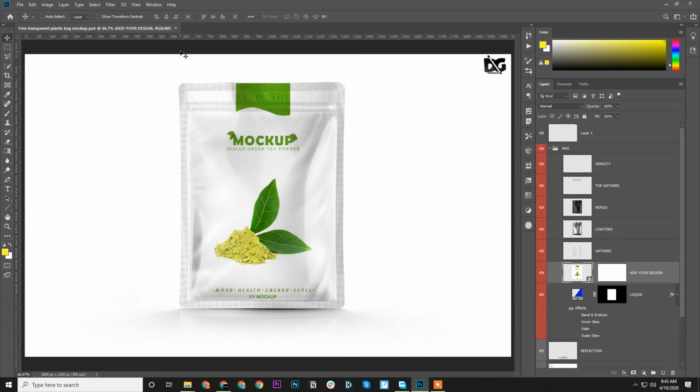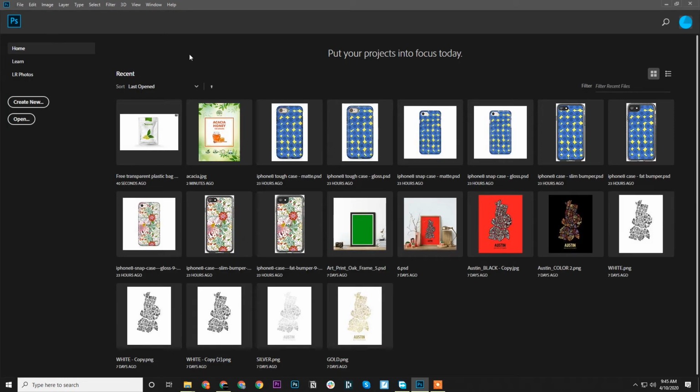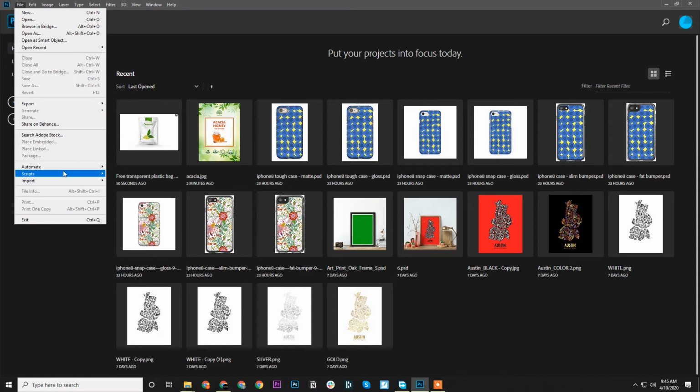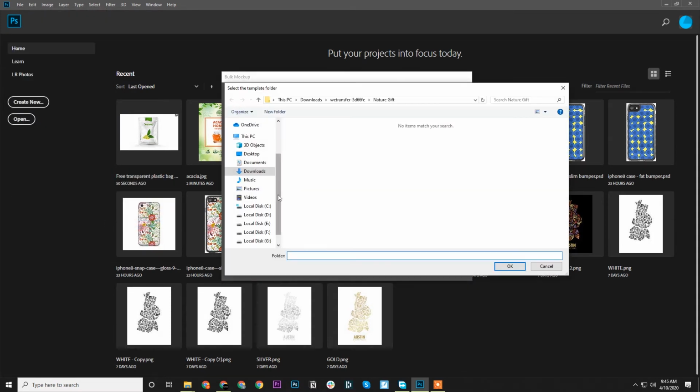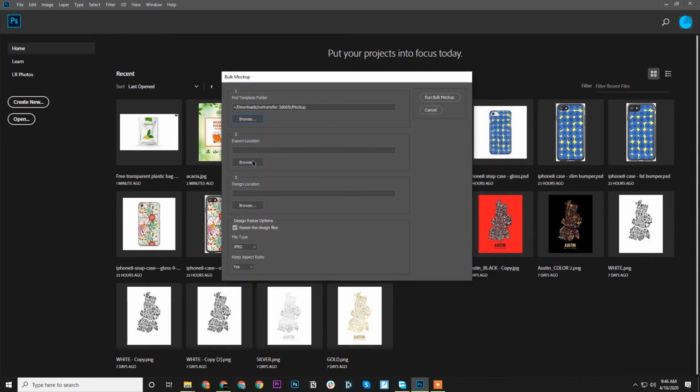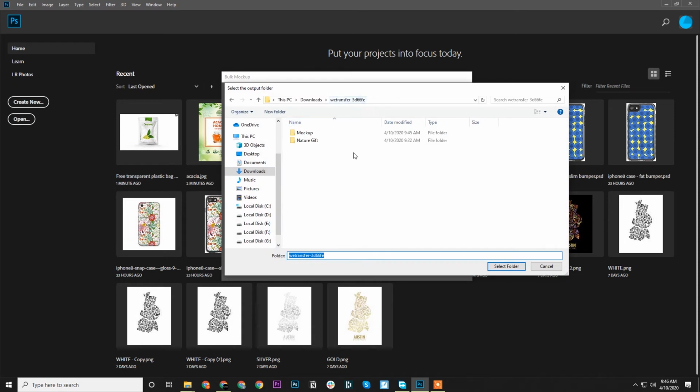So now once we have saved this, I can go ahead and show you how it works. I'll go to File, Script, Bulk Mockup, PSD template folder, Mockup, Export location. We'll create a new folder here for the exports.